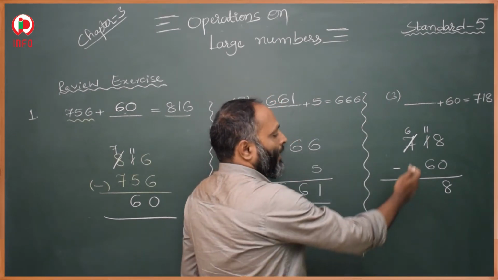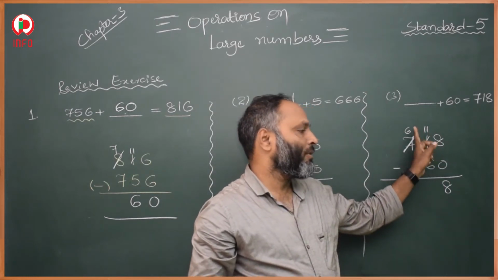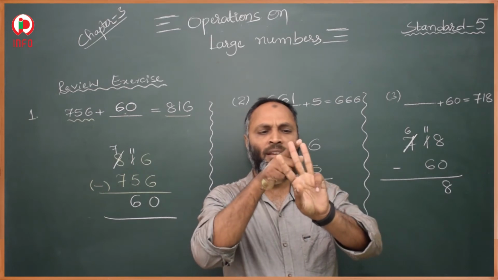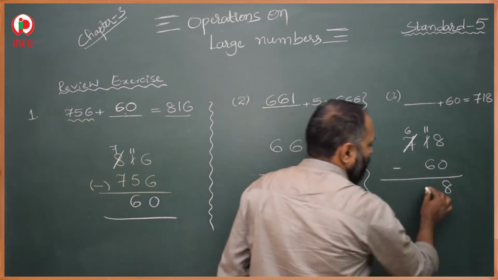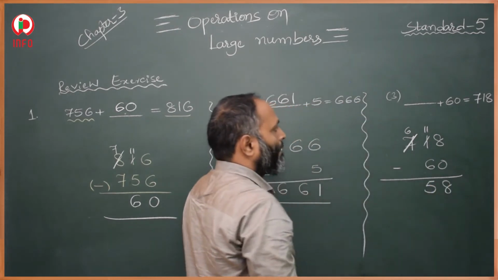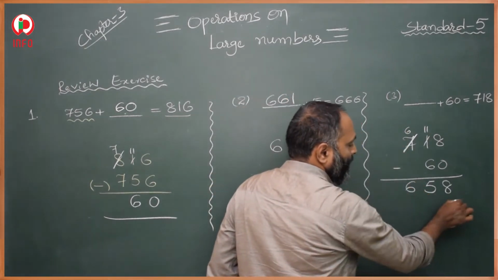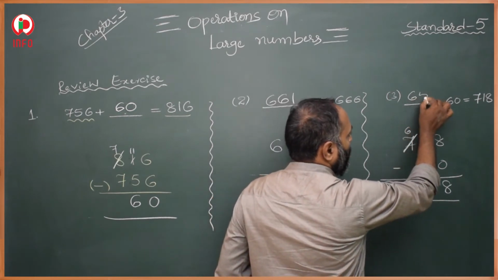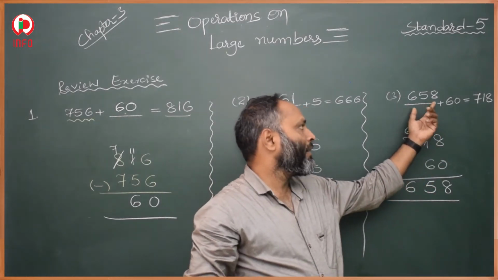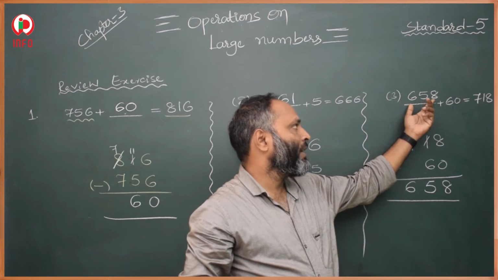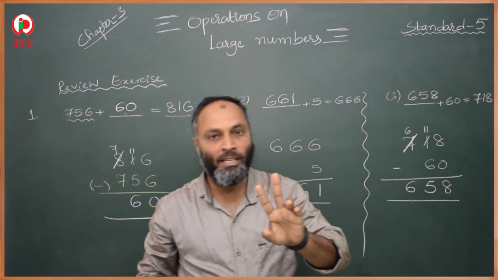If the minuend is less than the subtrahend, we have to take a borrow from the next digit. Then 11 minus 6. After 6, we count from 7 to 11: 7, 8, 9, 10 and 11. So the total is 5, 11 minus 6 is 5. Here is 6, and here there is no digit, so we take 6 as it is: 658. This is our second addend.